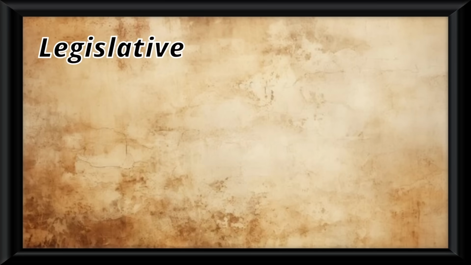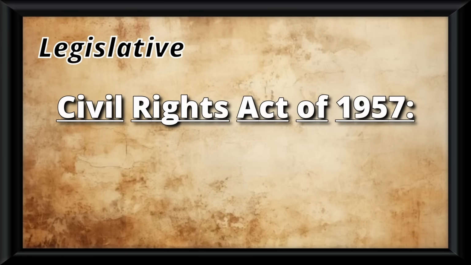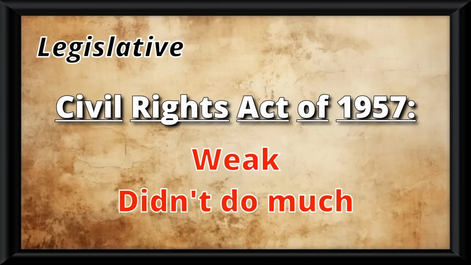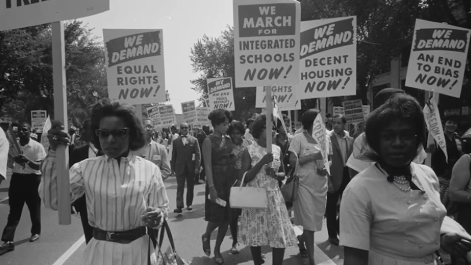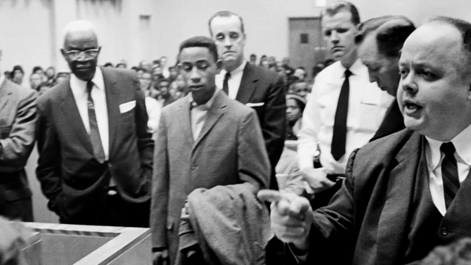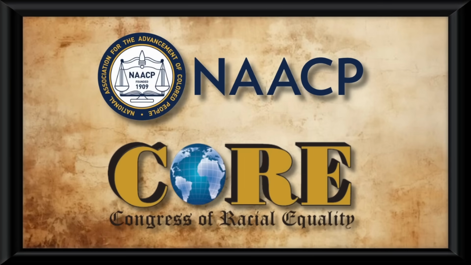And finally, in the legislative branch, the Civil Rights Act of 1957 was passed. It was pretty weak and didn't really do much, but it is symbolic as the first civil rights law since Reconstruction. So now we see this civil rights movement expand. For example, courts became key battlegrounds for arguing civil rights. And obviously, we have our two main civil rights organizations, and who can forget the lady who refused to give up her seat on a Montgomery bus?